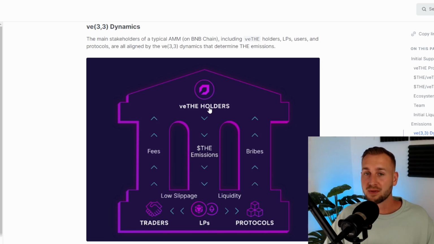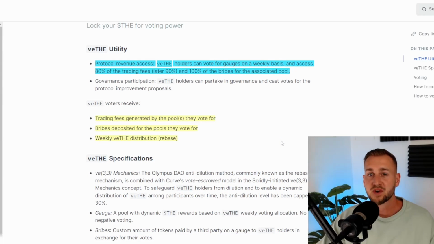So it's all about the flywheel, this one. Further into the documentation here, you can see the veTHE utility. You get protocol revenue access. All the holders can vote for gauges on a weekly basis, i.e. the liquidity pools they want to emit the tokens to, and